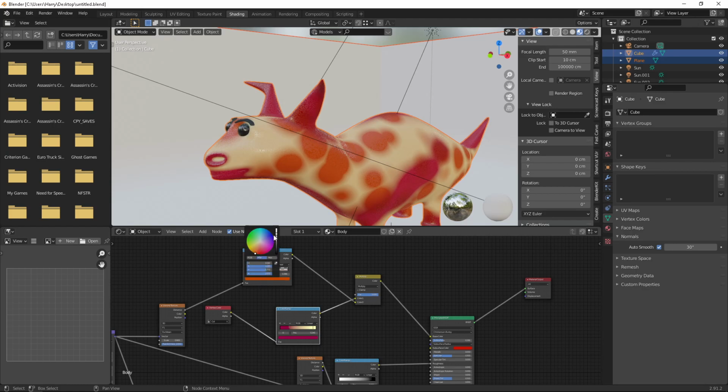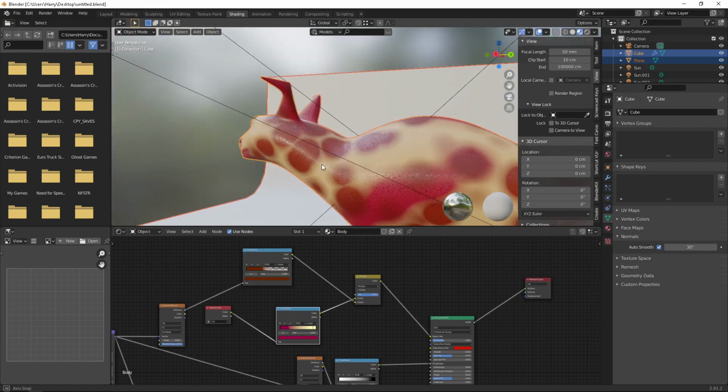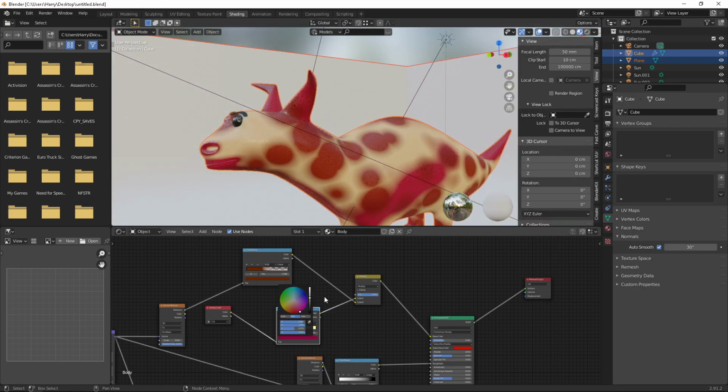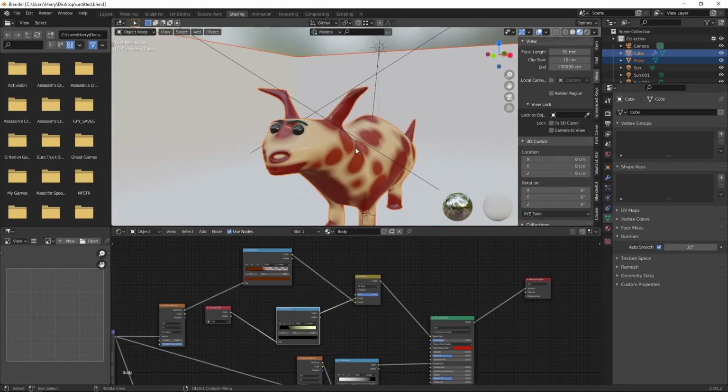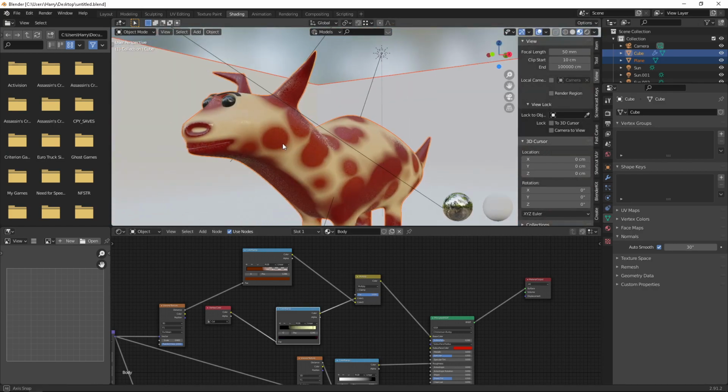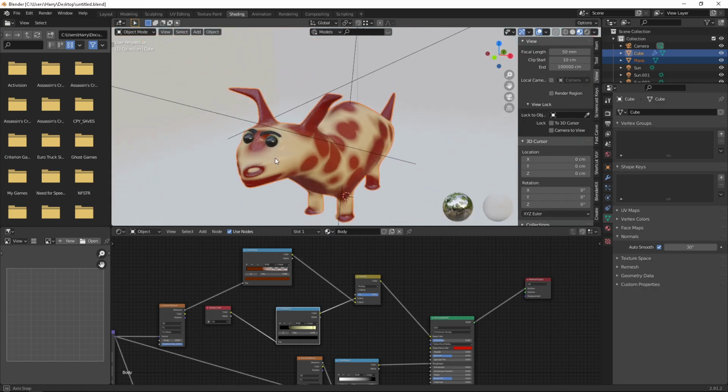This one let it be dark only, the red looks nice. Fine. And this one I'm going to make a little bit more darker. Fine, finally we got the output of our full character.